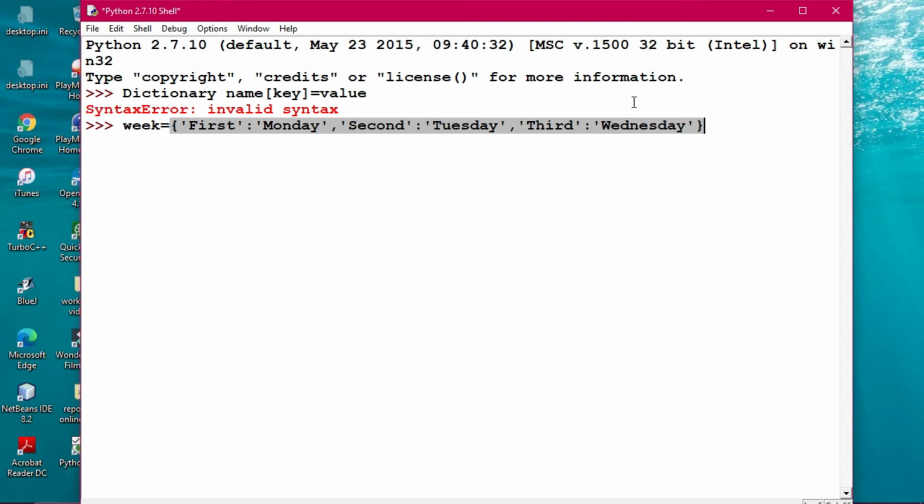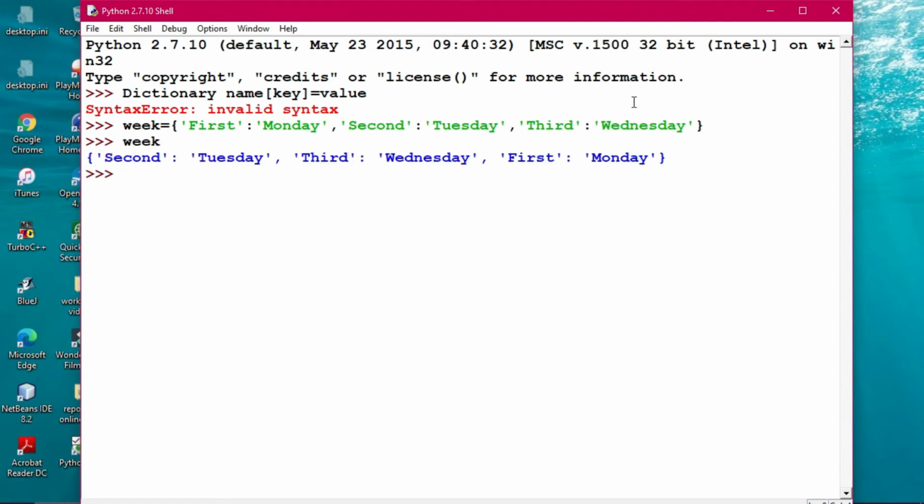Now when I print this week, it will show me the dictionary in this way. Fine, this is the dictionary. Now I will add to it. As I said, dictionary name, then the key name.